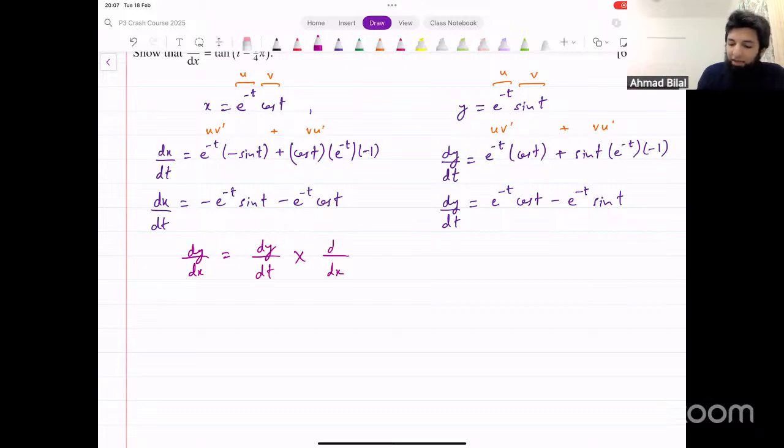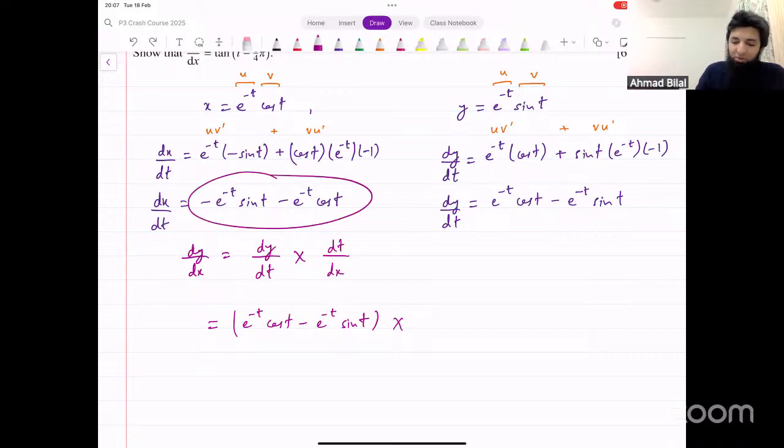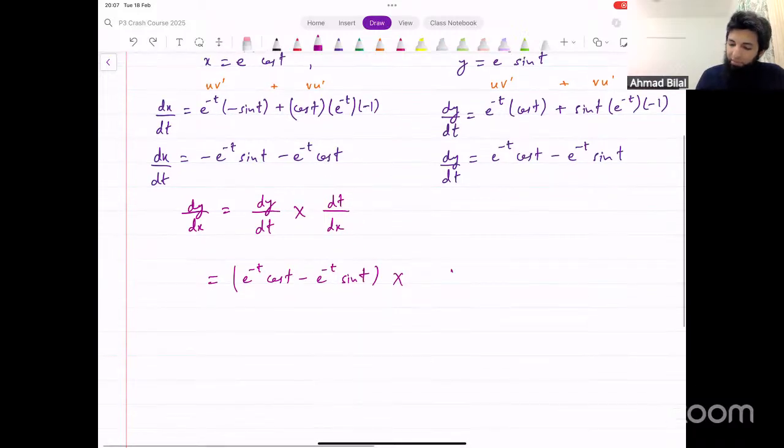So dt and dt. dy over dt, that's e raised to power minus t times cos t minus e raised to power minus t times sine t. Multiply this with dt over dx, which is reciprocal of this. And that becomes 1 over minus e raised to power minus t sine t minus e raised to power minus t cos t. Okay, now can we